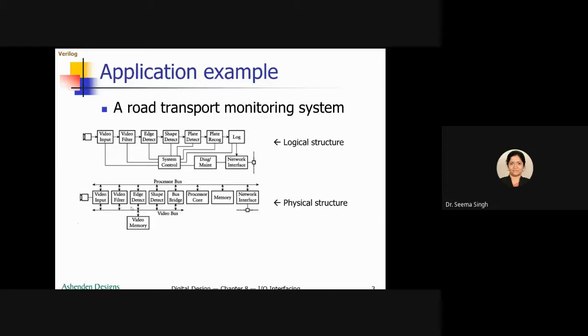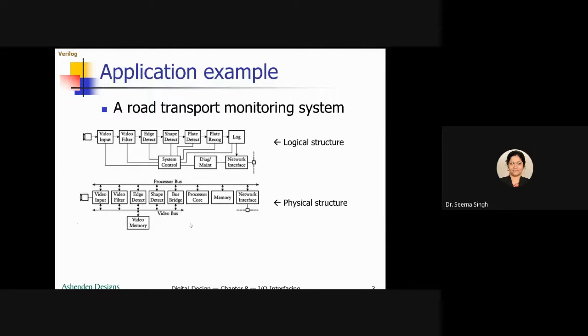That is why it is told that the physical component here is an embedded system with an accelerator for video processing up to where? Up to shape detection. Once this is done, then the later part, that is license plate detection and recognition, and logging, system control, and diagnostic and maintenance, are mapped into software tasks running on the processor core.